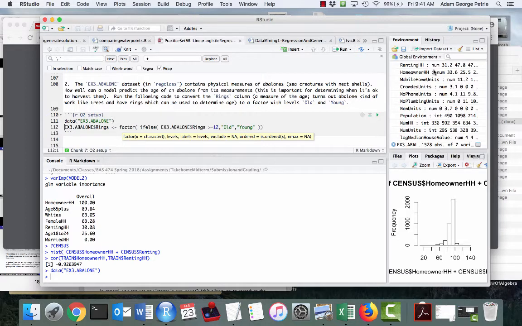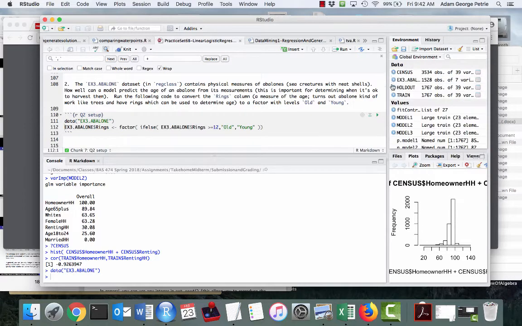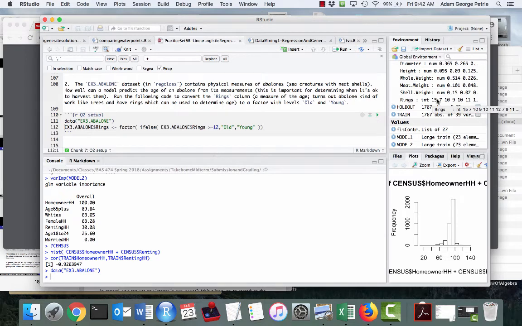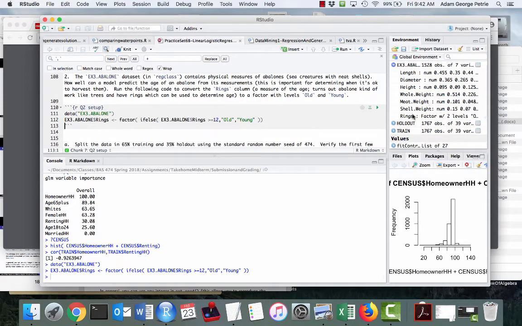So what I'm going to do is take the original data set and run this if-else command. Right now, rings is an integer, and I'm going to classify an abalone as old if it has at least 12 rings, and young if fewer. So this way we'll actually have a classification problem. Rings is a categorical variable now with 2 levels, and so we can use logistic regression to make predictions of